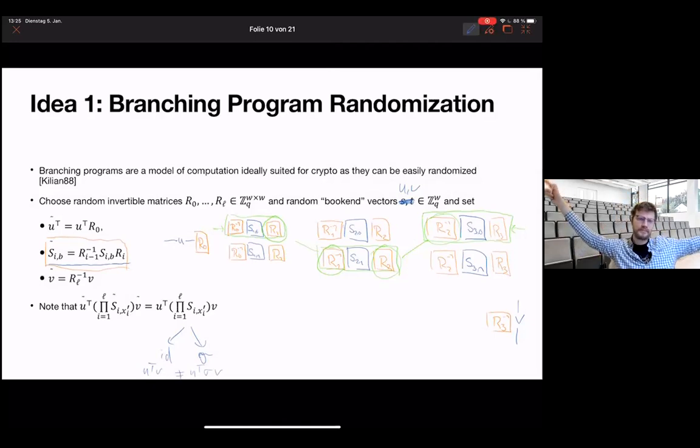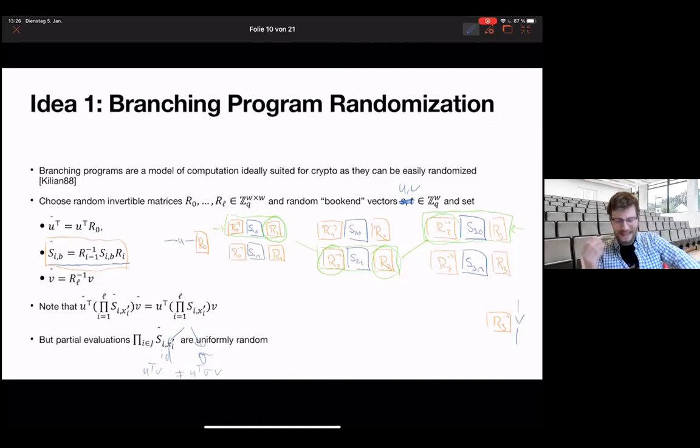So if the branching program evaluates to 0, that is identity, then we will just get the inner product of u and v. If not, if it evaluates to 1, we will get something that's different from this inner product of u and v. Okay, however,